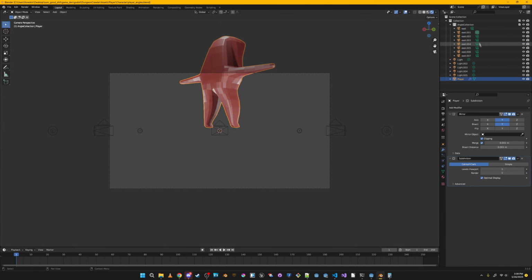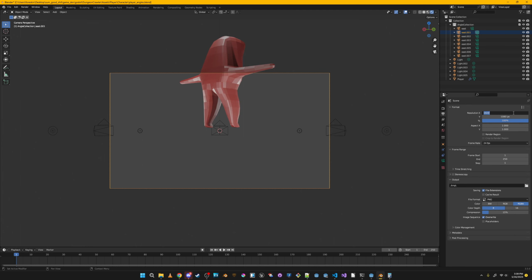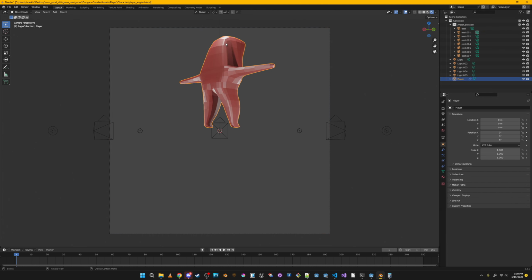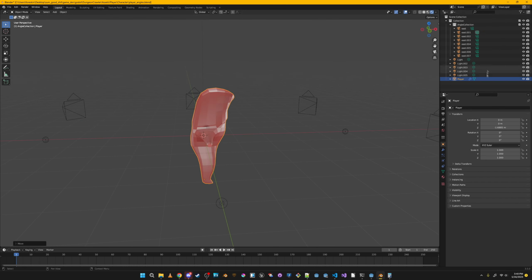But yeah. And what I end up doing right here is making sure that it's lined up in the middle with all the cameras. All the cameras are at the same height. So if I line it up with one, I line it up with all of them pretty much. And that way,